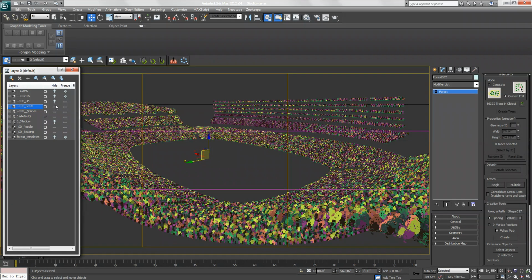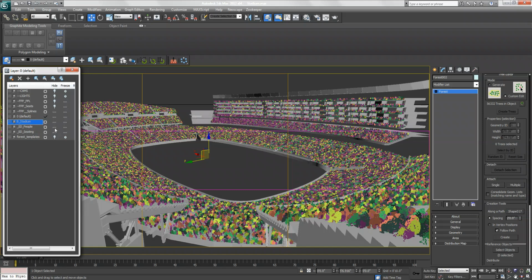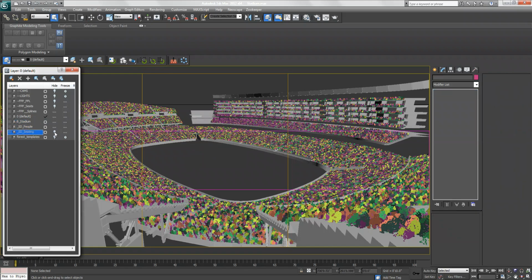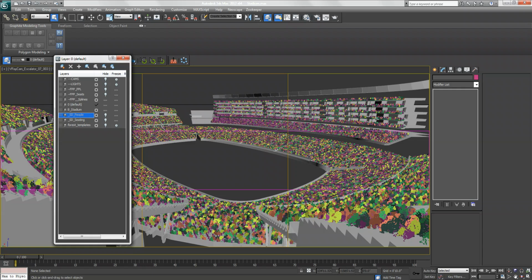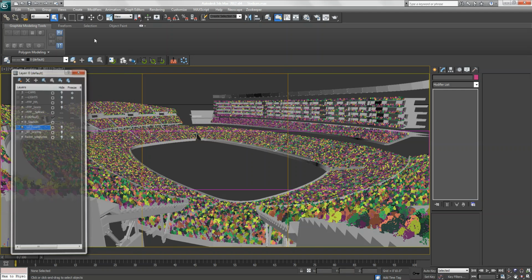Another good thing about Forest is you can hide the layers or the objects that you're scattering, and it will still display them at render time. And I know that these guys back here are actually reversed. I just didn't have the time to fix those splines before I started the presentation, but